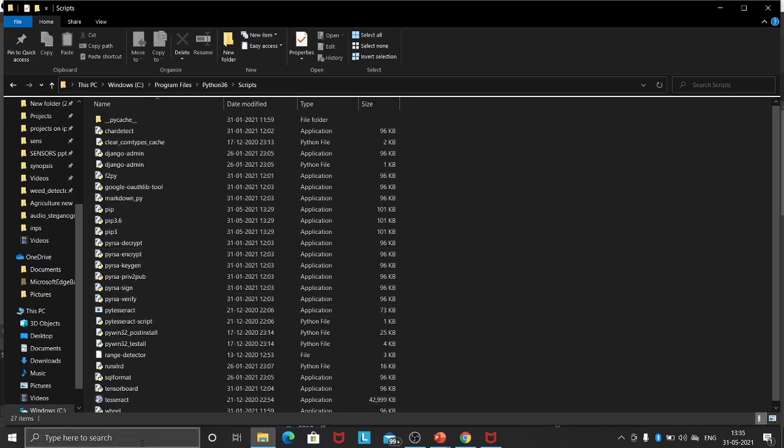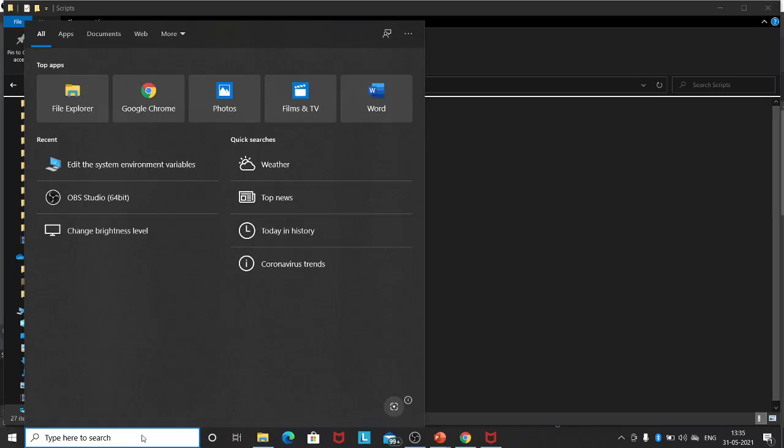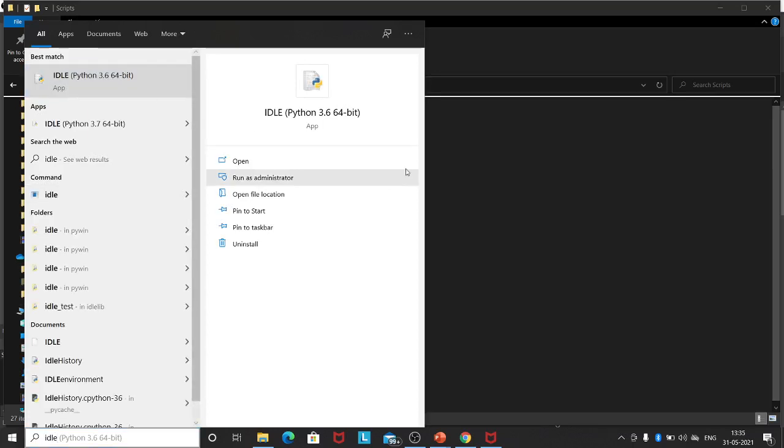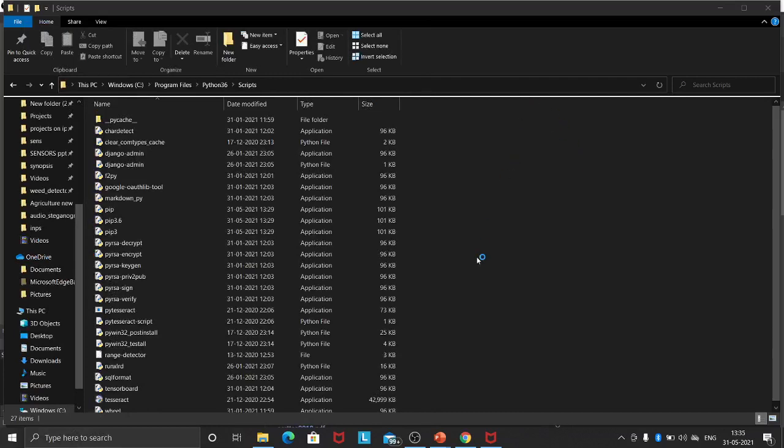Now your Python installation has been done successfully. In order to check where Python is installed, just type IDLE in the search bar. See here, IDLE Python 3.6 will show. Just double click on this one. Your Python window will open here.